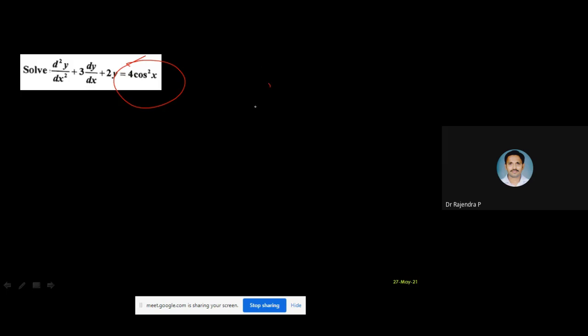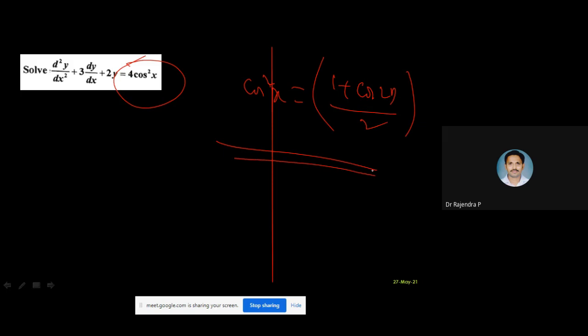You know that the cos square x formula is what? 1 plus cos 2x by 2. Have you remembered? Yes, sir. So what will we do? 4 times of 1 by 2, cos 2x plus 2 we will substitute here, and this will be something like 2 plus cos 2x by 4. Okay. So whenever we have a constant, we have to take 2 e power 0x. This case anyway you know already. Cos 2x, 1 by 4 is constant.